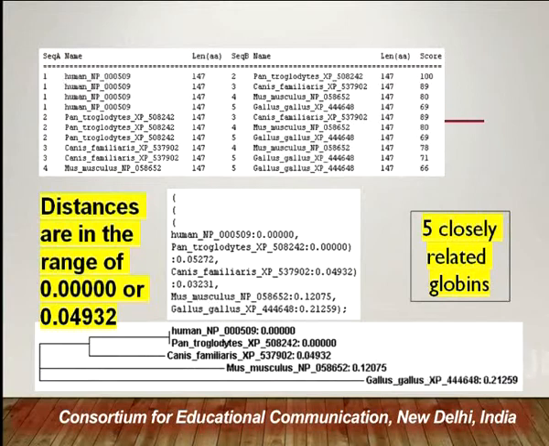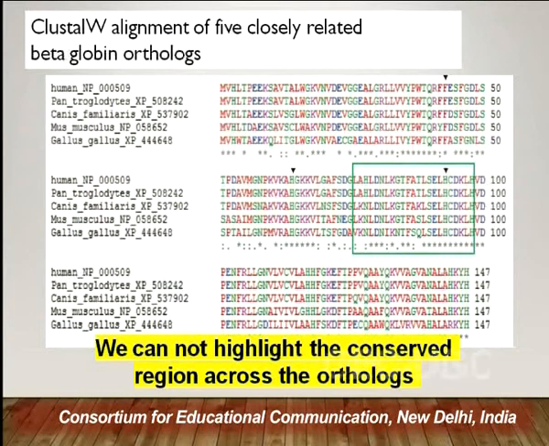Like in the phylogeny which it is drawing, when we want to show the two genes as two, we have to have some distance and some difference in them, right? So this is the alignment which we got after aligning with Clustal W, and I show you a block here. In the block, we were tracing this conserved H, and if you see that when the sequences are closely related to each other, we cannot highlight the conserved H across orthologs because there are many more other bases which are similar because the sequences are closely related.